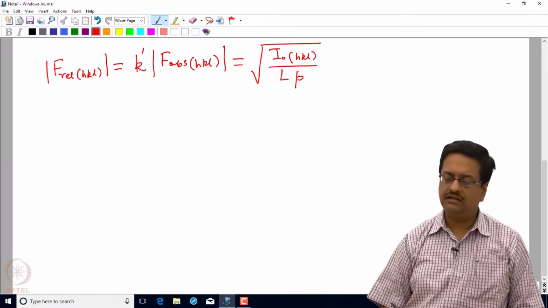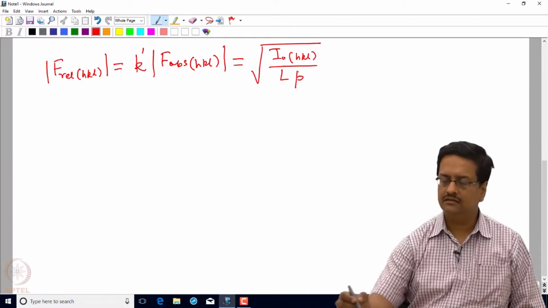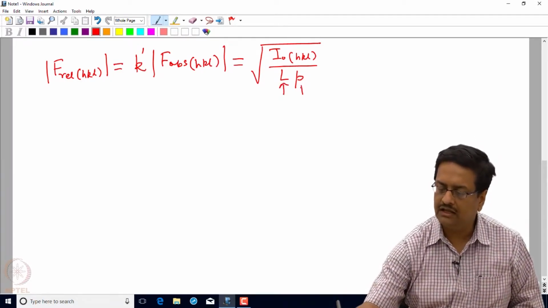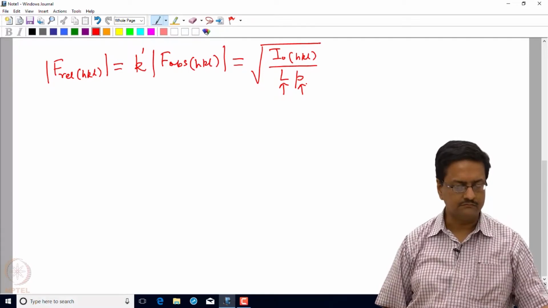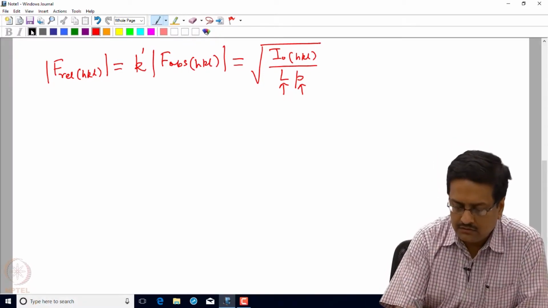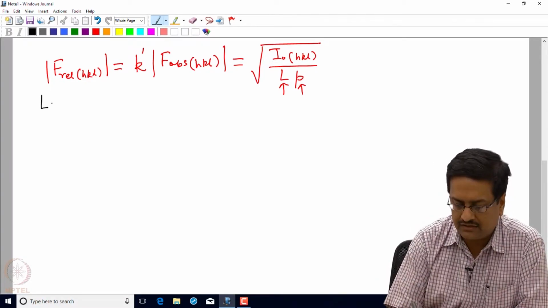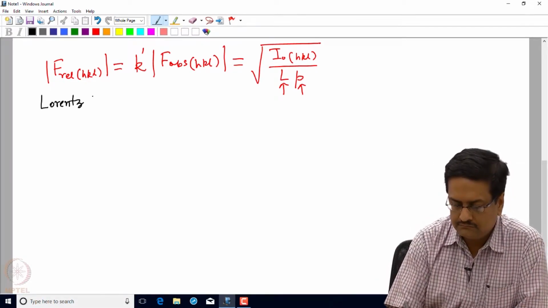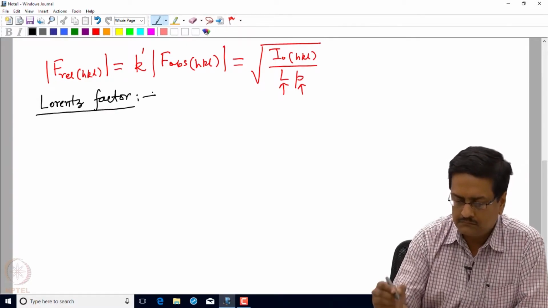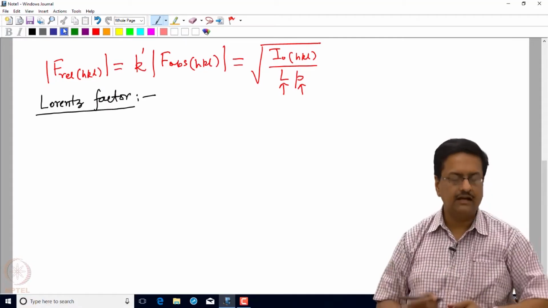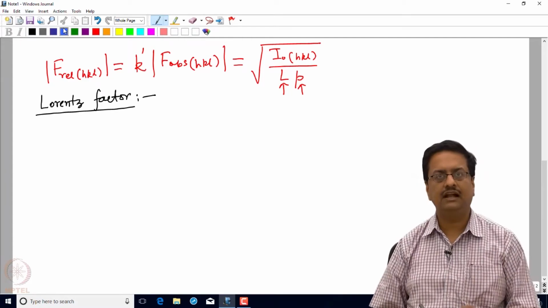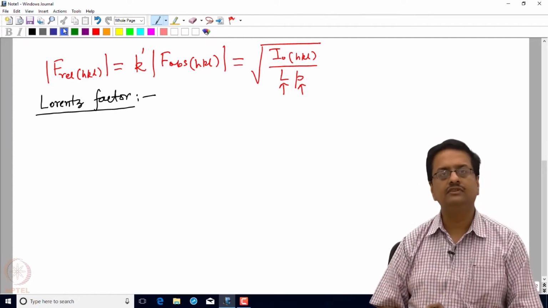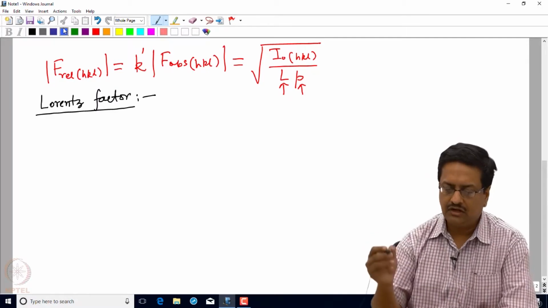So now let us try to understand those two terms which are incorporated here, the term L and term P, the corresponding Lorentz and polarization factors. Let us start with the Lorentz factor. The Lorentz factor arises due to the time required for a reciprocal lattice point to pass through the sphere of reflection. So what we know is that